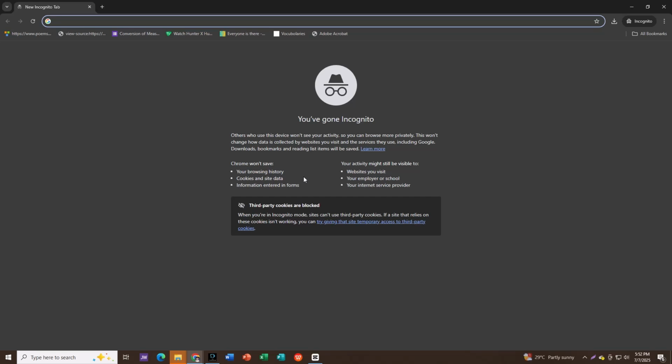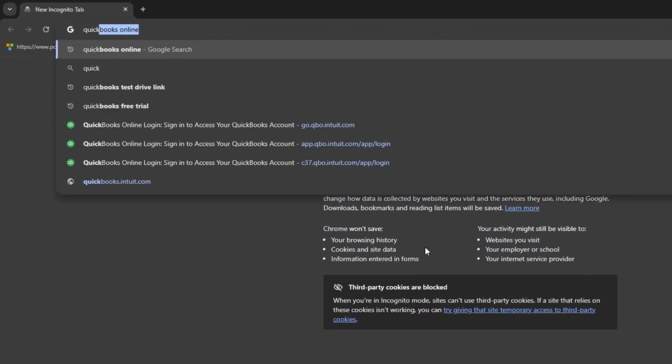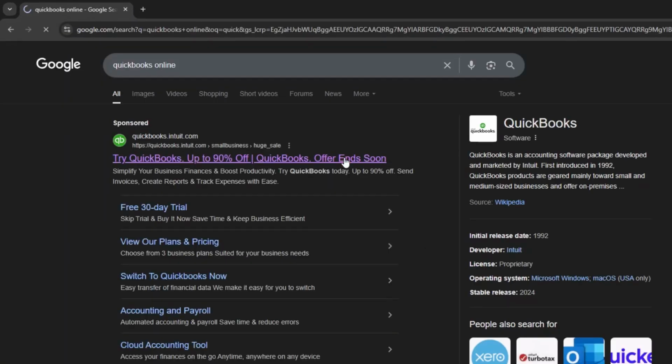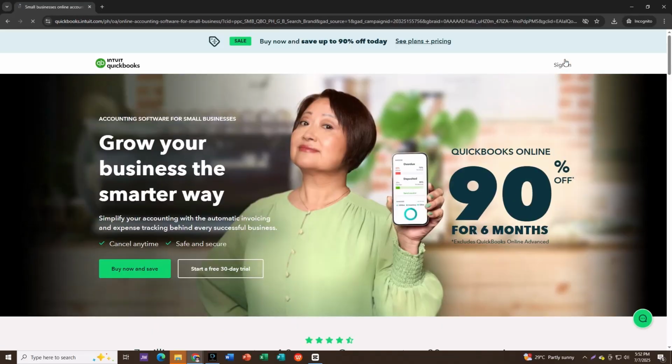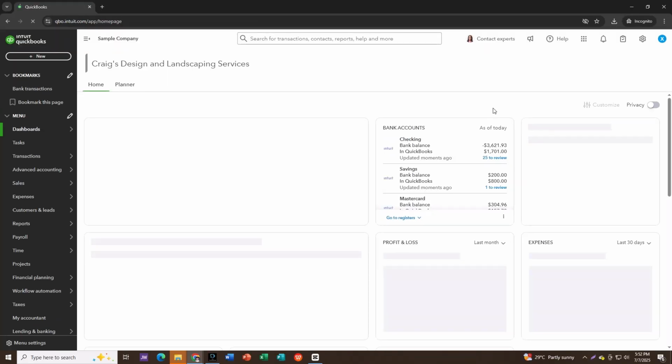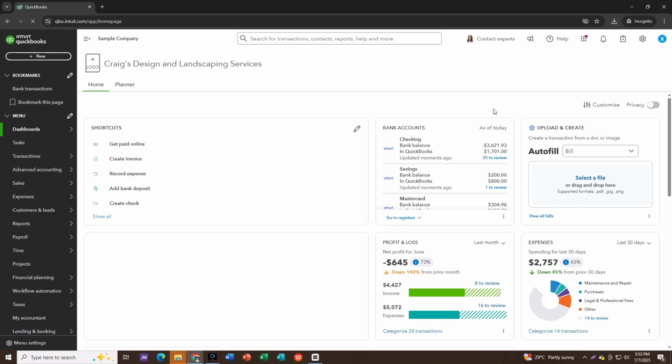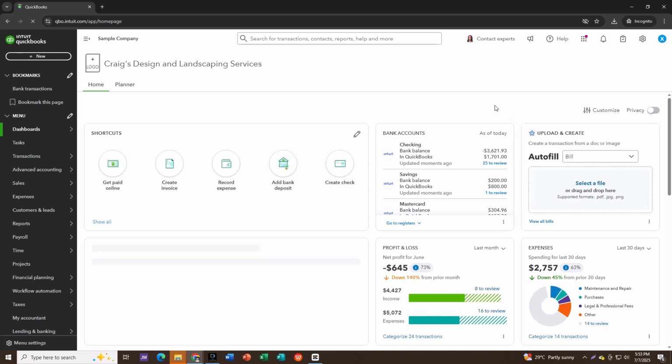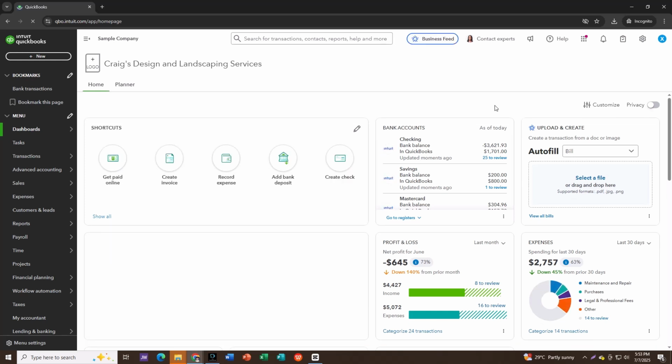In this video, I'm going to show you how to use integrations in QuickBooks Online. To do this, simply log in to your QuickBooks Online account. After successfully accessing your QuickBooks Online homepage, note that integration is the process of integrating specific applications onto your QuickBooks